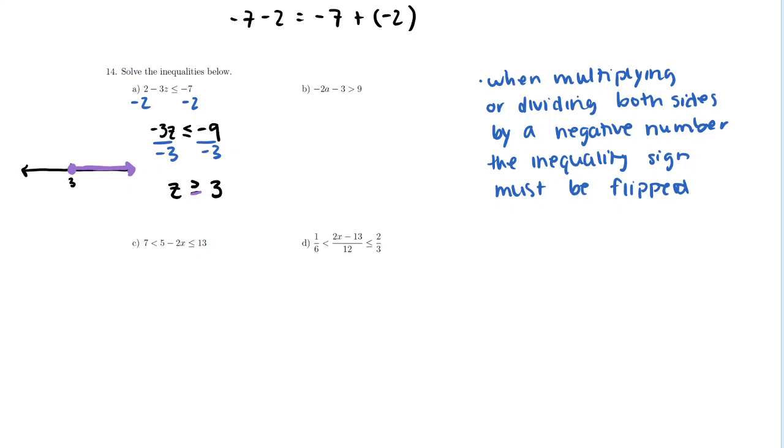And so those are the values we can plug into this inequality and make the left side less than or equal to the right side. Right, so we can plug in 3 because we're allowing for equality here. It's greater than or equal to. And we could plug in 4, 5, 6, and so many other values just as long as they're greater than